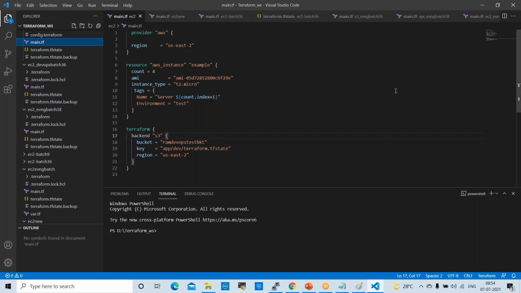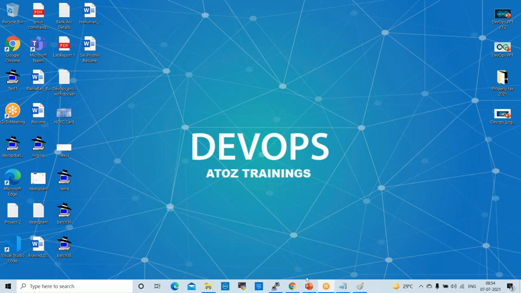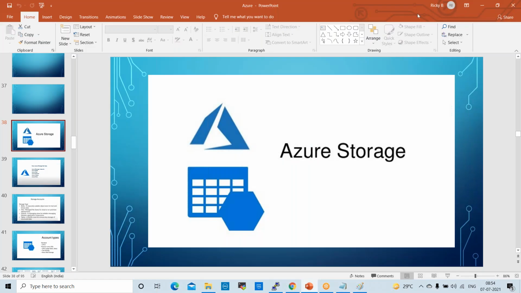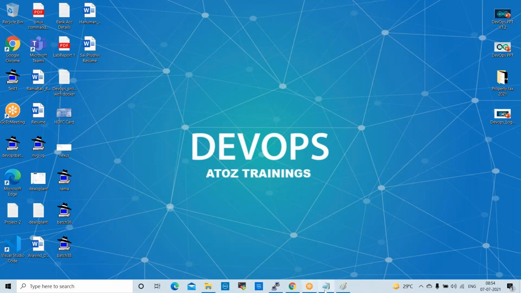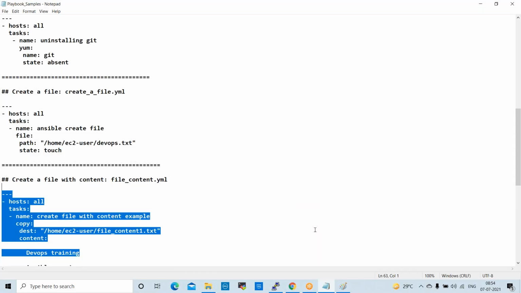Fine. So we stop here for today. You can practice this Ansible. From tomorrow, we'll start working on Docker. After Ansible, we start Docker. Docker is also very important. Docker is a very good tool. It is a containerization tool. It will take 5 sessions. After that, we'll work on Kubernetes. After that, Terraform. Fine. Ansible you can practice. If you have any questions, any confusions.